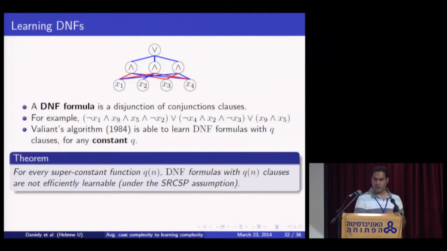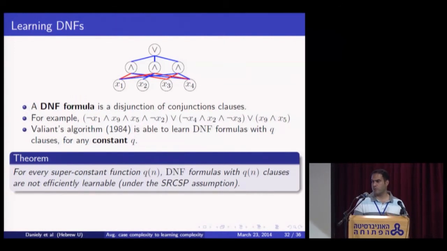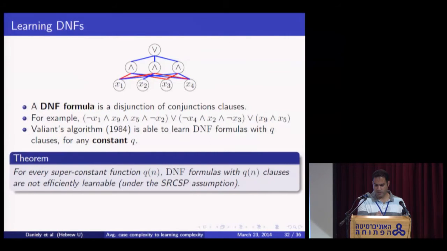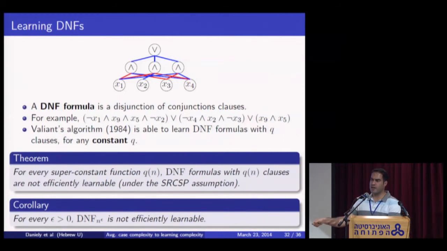And under our assumption and using our technique, we're able to show that for any super constant Q, learning DNF formulas with Q clauses is hard. So Valiant's algorithm is quite tight. And an immediate corollary of this theorem is that, again, under the strong random CSP assumption, it is hard to learn DNF formulas of polynomial size. Okay, so I won't talk about the proof, but as you can guess, the idea is to reduce the problem of distinguishing satisfiable from random formulas to the problem of distinguishing realizable from very random or very scattered